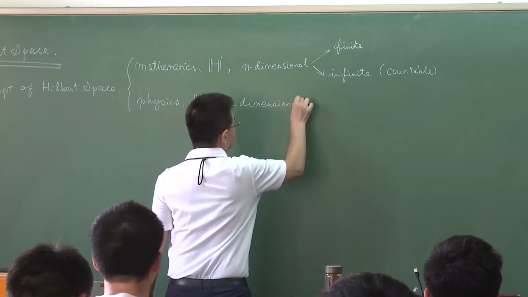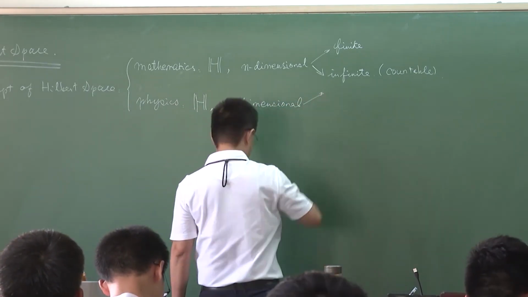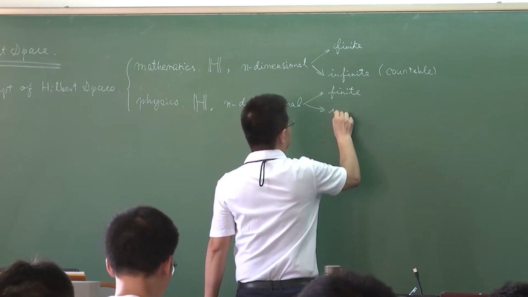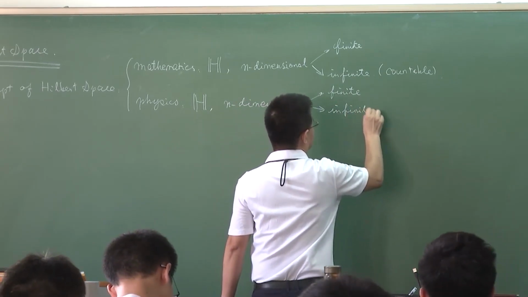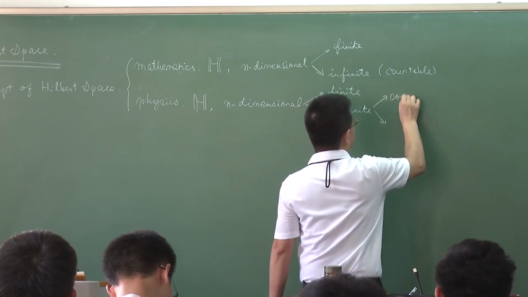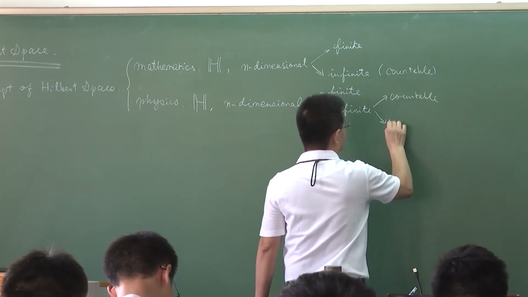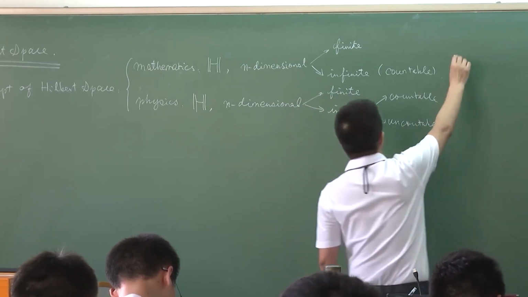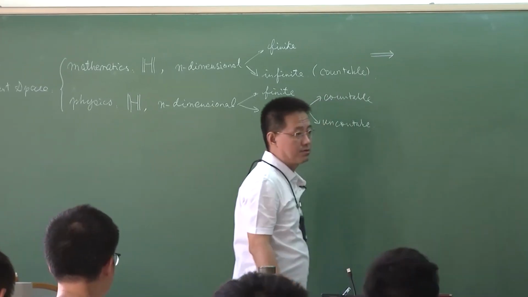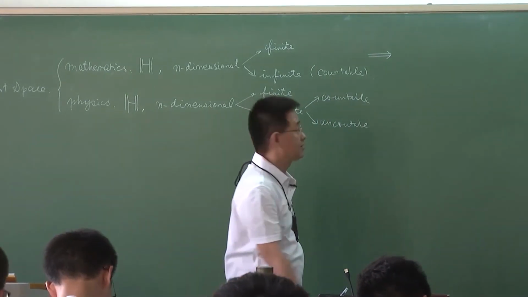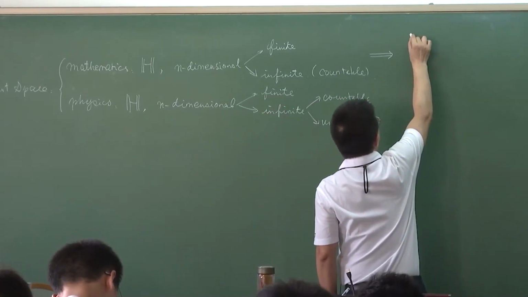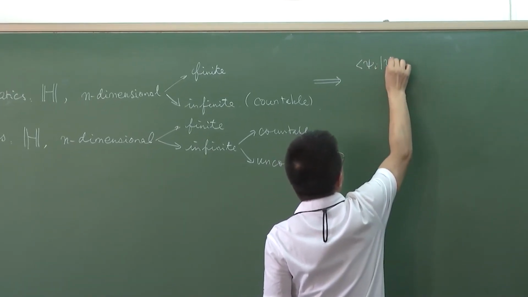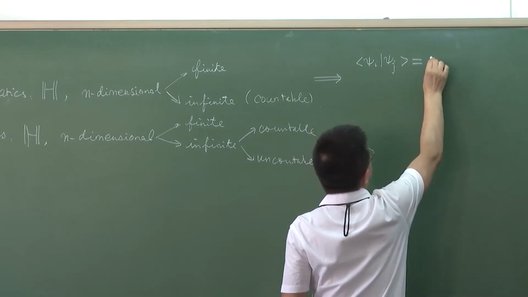could be finite or the infinite, but it could be countable and uncountable. So for the mathematics, we have the orthogonal and normalization completeness relations like this. That is, psi i, psi j is equal to the delta ij,